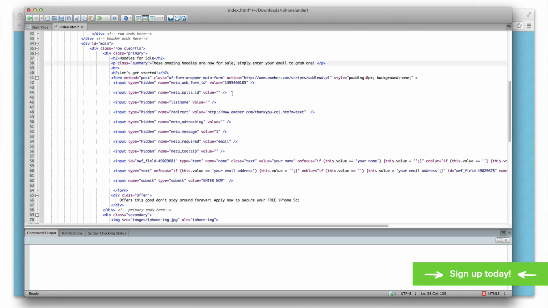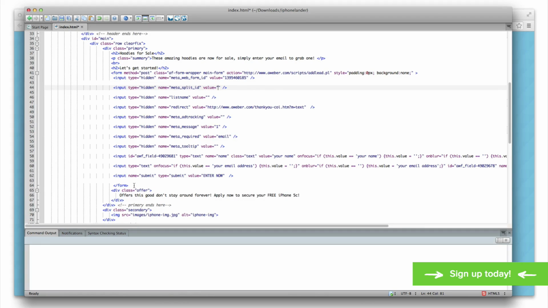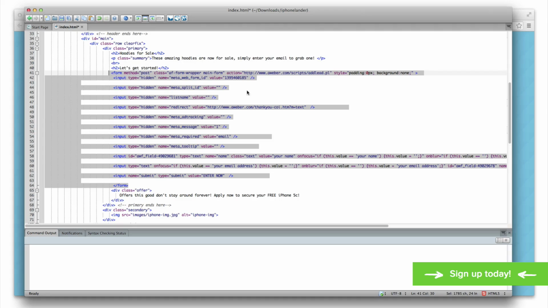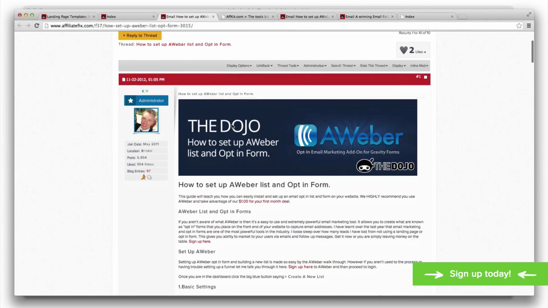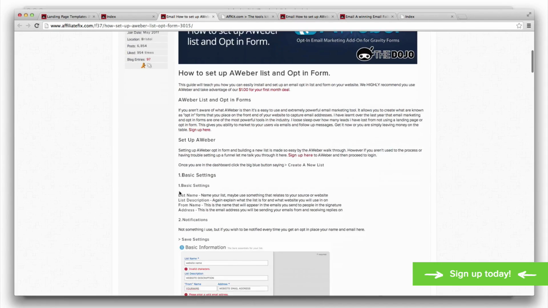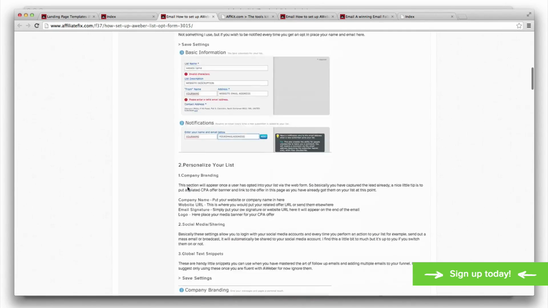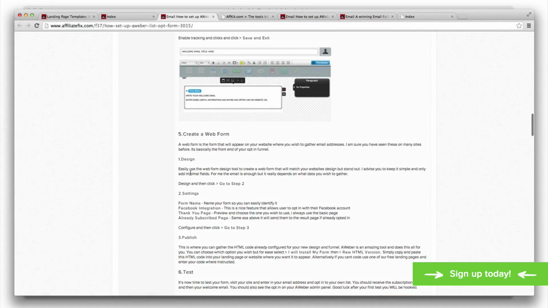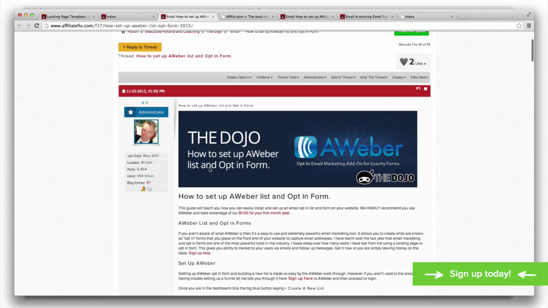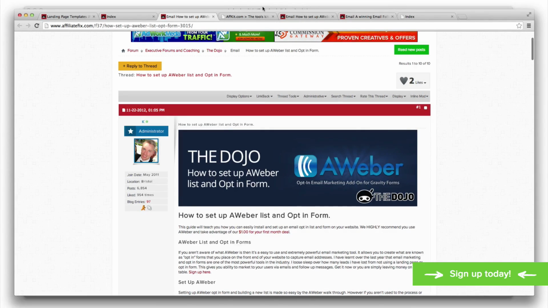If you're familiar with code, you can literally edit the form ID and all these values. You'll get this code, so you can just crop that out and put your form in there, and that will then go to your form. So at this point we need to go to this guide. If you're not familiar with setting up forms, this will literally walk you through how you set up your first form, and when you get to the stage of getting your code, you're basically setting up a list, and then your form. So when you get your form code, you can copy it and paste it in here,